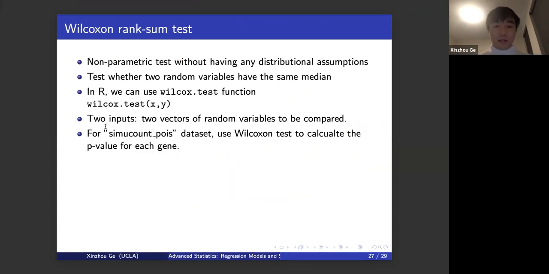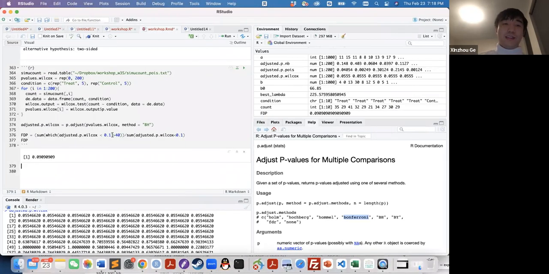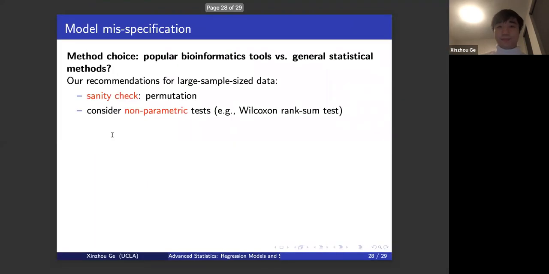So we can see that we have already used the Wilcoxon test to calculate p-values for the Poisson dataset, and we show that if we let the FDR threshold be 0.1, it can control the FDR and have good power. But if we use a smaller threshold, it loses power, because that is the property of the Wilcoxon test when the sample size is small. So to summarize,